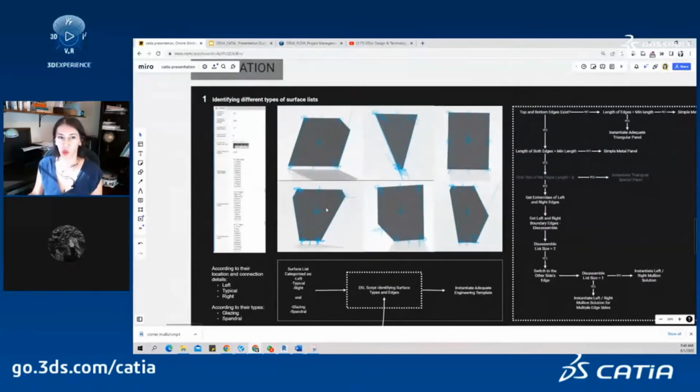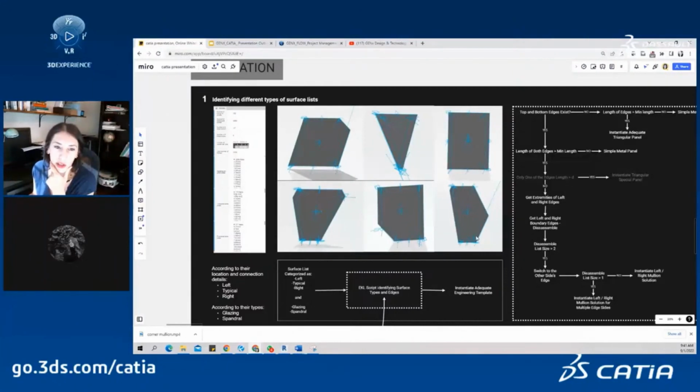So here what we are showcasing is some of the types of panels that we have identified through automation. What it does is it marks its corner conditions and counts how many corners there are. And it counts how many corners on one edge. Actually, what it does is it extracts the boundary of the panel and explodes the boundary. I think this is a better example to show, or maybe let me show it here. Like it defines the fact that there is